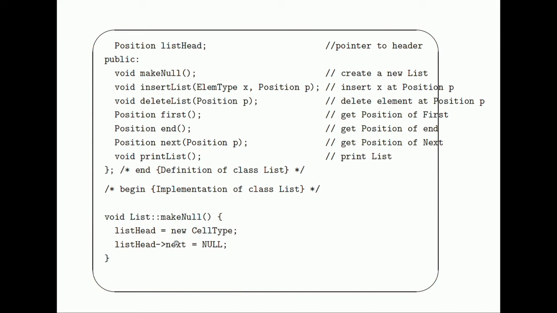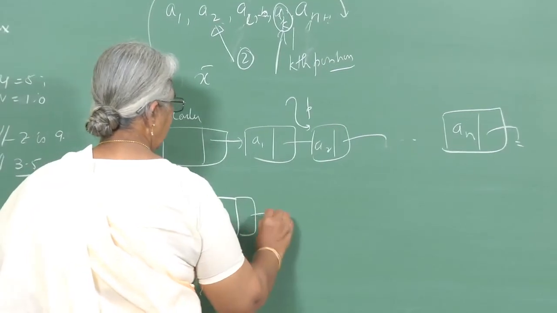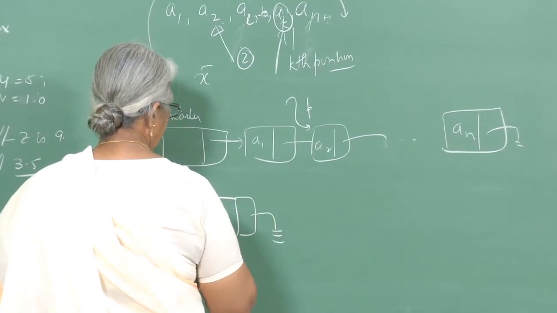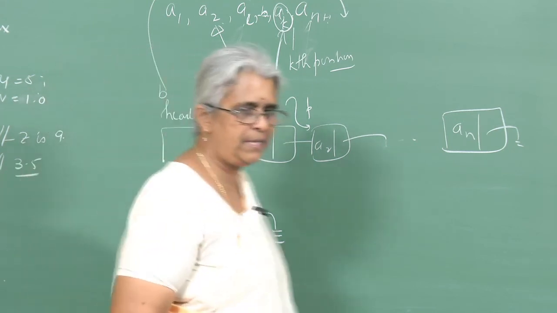So, what am I doing here? I do something clever in this to reduce the computation time that is required. Let us see what I am doing here. I am creating a list head, creating an empty list with one element, this is what this means, new cell type, and then I am saying list head next points to null. So, what I have done is I create an empty header node without anything, and this is the header. I create an empty node, I do not have anything in that.